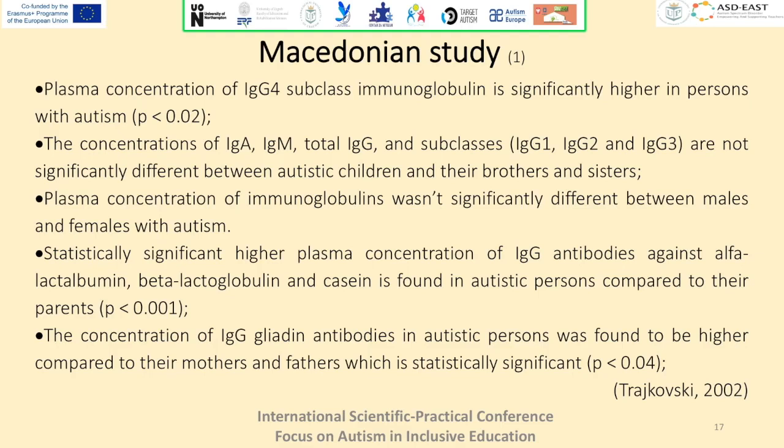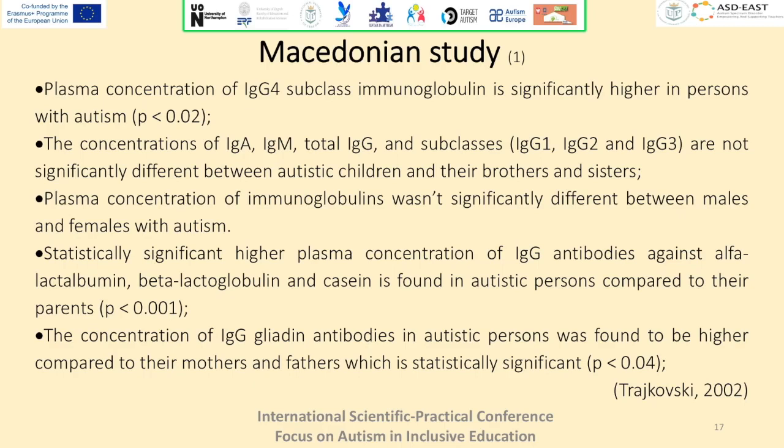Now I want to compare our study with another study we conducted in my PhD from 1999 until 2002. We established a study similar to Sandra Lucarelli and some American authors about plasma concentration of IgG4 subclass immunoglobulins, which we found is significantly higher in persons with autism compared to their siblings and to their mothers and fathers. The concentrations of IgA, IgM, total IgG, and subclasses IgG1, IgG2, and IgG3 are not significantly different between autistic children and their brothers and sisters. Plasma concentration of immunoglobulins wasn't significantly different between males and females with autism in our study